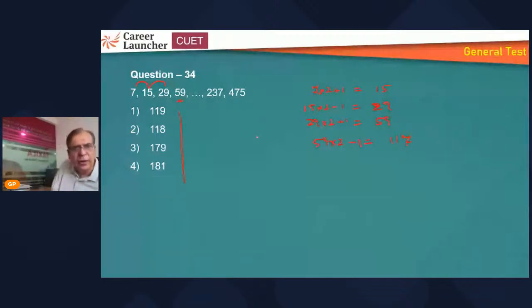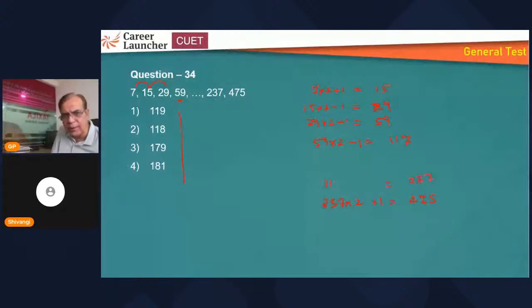So next, what should I do? I'll look at these two. How much is it from 237? 237 into 2 plus 1 is 475. So if this is 237, what should come before this? 119 into 2, 118 into